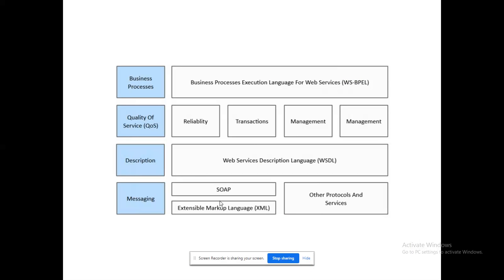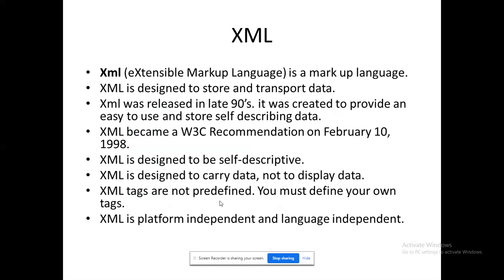So this is the place where XML could convey that it is used not only in messaging. SOAP is completely built using XML. WSDL is the language derived from XML only. Apart from QoS, WS-BPEL or WS-BPML were built using XML only. So all the available platforms could be done completely through XML only. That is the reason why Unit 1 is completely focused upon XML.